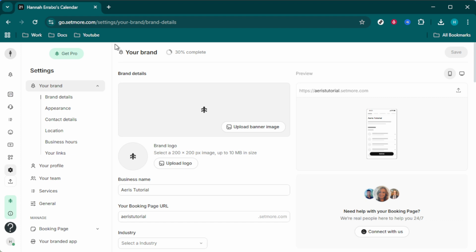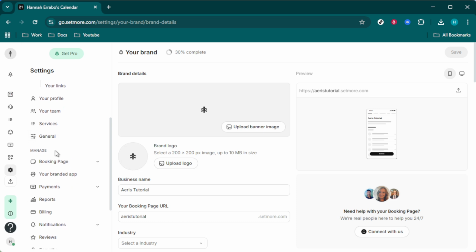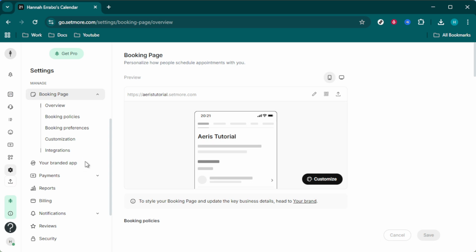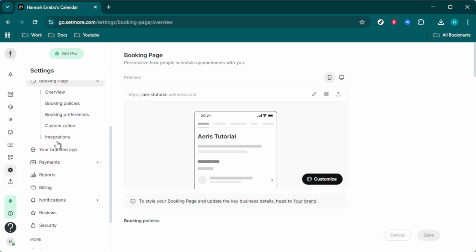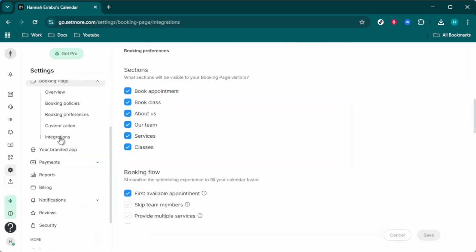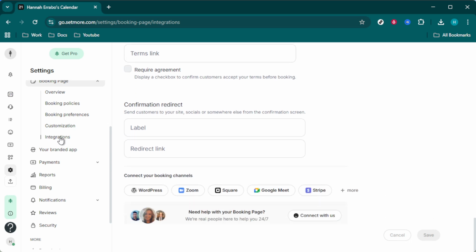Upon logging in, look towards the left side of the screen for the sidebar menu where you'll find various options. Here, you want to click on Integrations. This section is a hub where you can connect your Setmore account to different platforms that you use for your business or services. The integration feature in Setmore is designed to enhance your booking process and offer seamless connectivity between